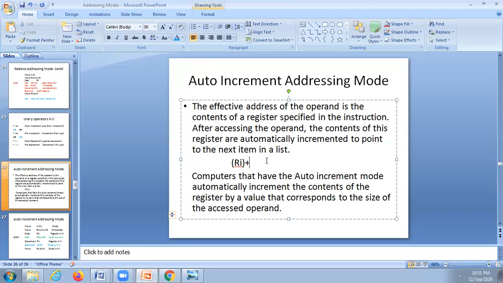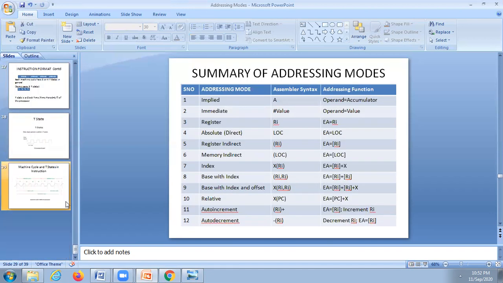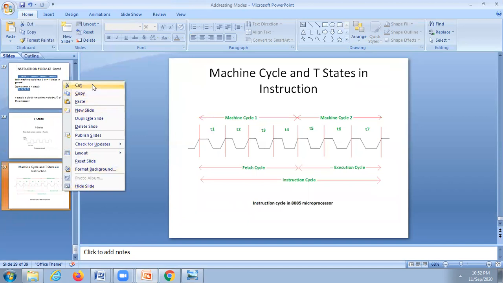If the same array contains integers, in the case of C, I am talking about C only because you are already familiar with that. If a of 0, a of 1, a of 2 are integers, a of 0 address is 100, a of 1 address is 102, and a of 2 address is 104. I will show it in a separate slide for better understanding.